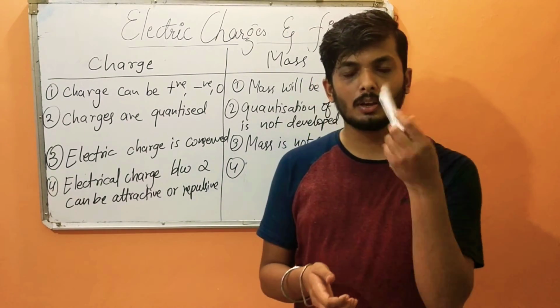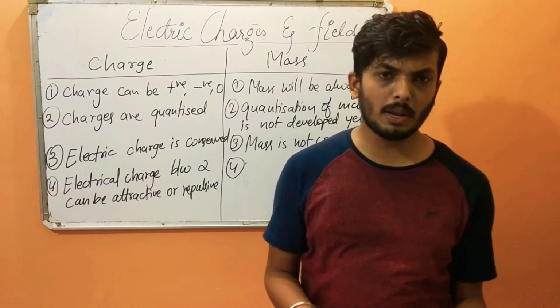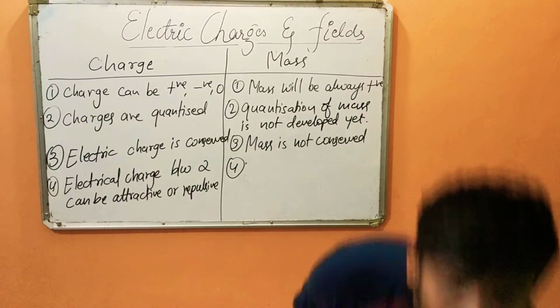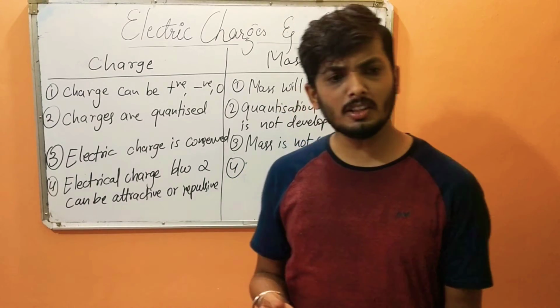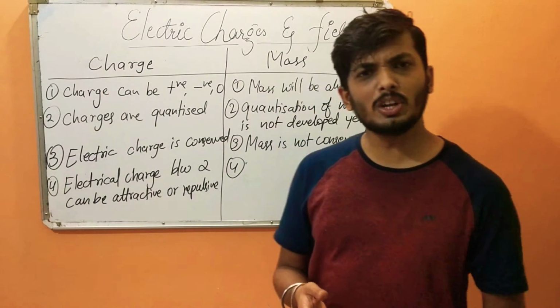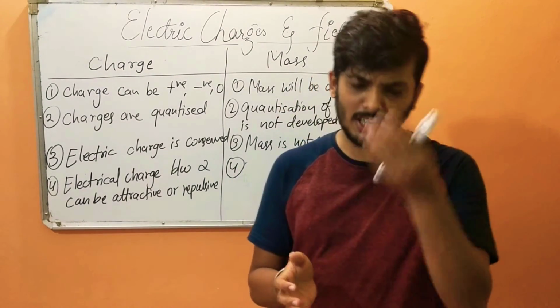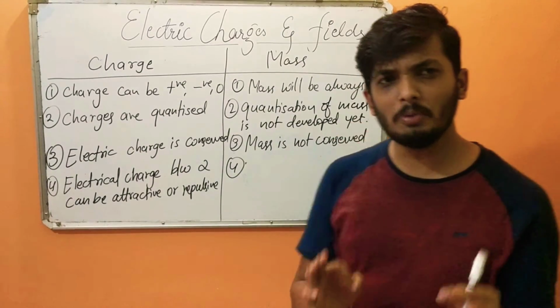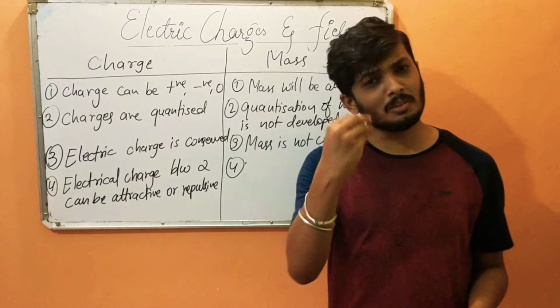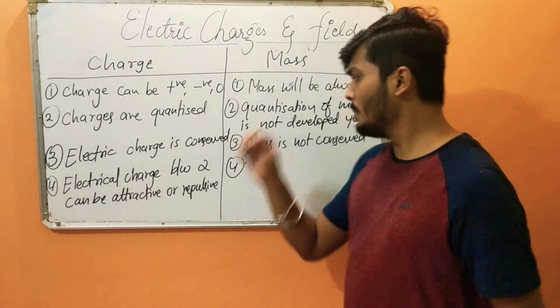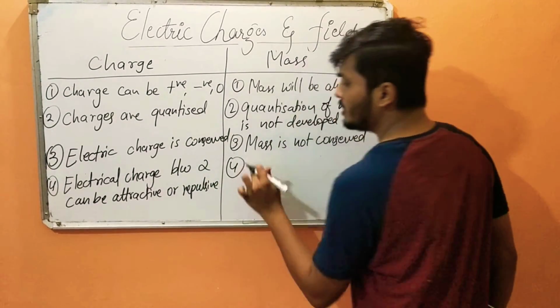But after a few seconds, I get the pen back in my hands. Yes or no? So somebody is pulling it, right? It is not the case only with the pen. You take any object, when you throw it upwards, it comes back to you, because the gravitational force is always attractive in nature. Electrical charges can be attractive or repulsive, but the gravitational force or mass